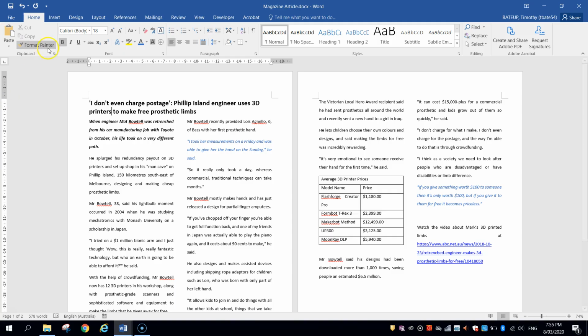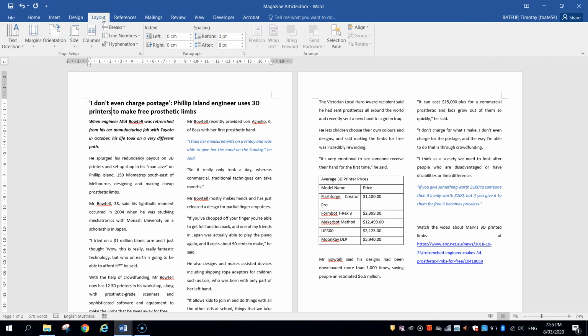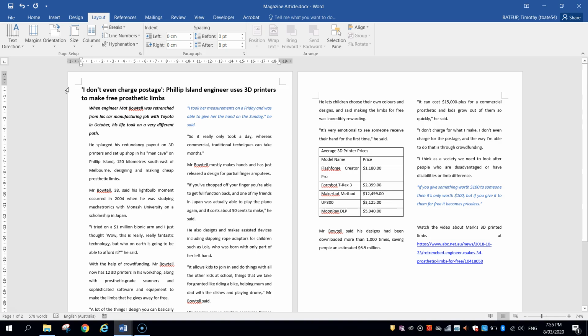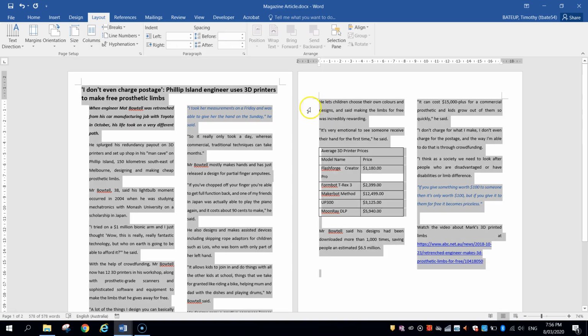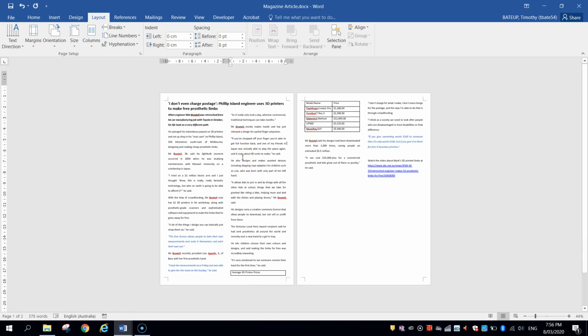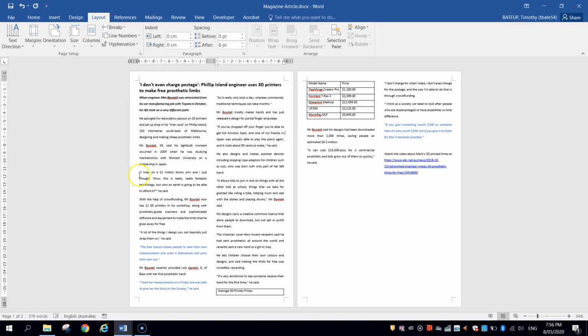Another way to play with our margins is to go to the Layout tab up here and select Margins. Now you can play around with some features here. The narrow feature doesn't look too bad. I might stick with that for now. I need to do that to both pages, so I might just highlight everything and choose narrow. And now my document has narrow margins, so not as much white space around the outside of each page. Okay, I know it's still looking a little bit ugly, but trust me, it's all going to come together soon.